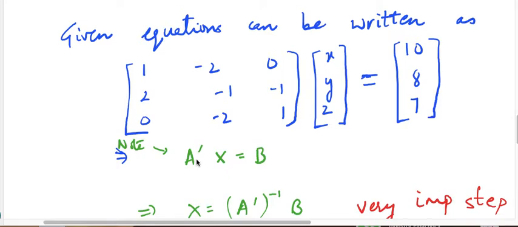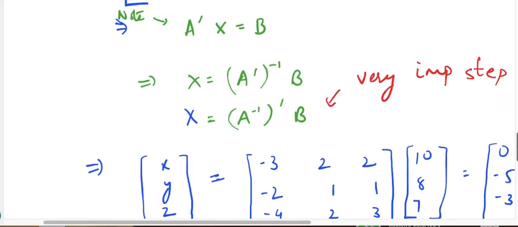The questions you have done in NCERT are of the type Ax equal to B, and you find x equal to A inverse B, and your question is done. Now what happens when you take A transpose to this side? Here it will become an inverse. Now the important step is that transpose and inverse can be interchanged. So I take inverse inside and transpose outside. Both the expressions are equal. So you take the transpose of the inverse you have found and multiply it with 10 8 7. This is the transpose of the A inverse which you have found out